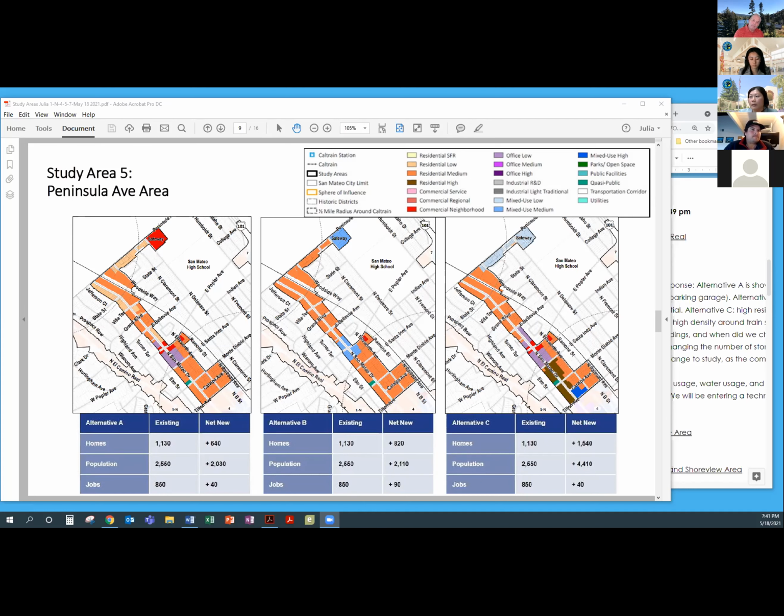What we're looking at is, eventually, maybe there is an opportunity to change along Peninsula. In alternative A, that area may change to residential low. Alternative B is residential medium. And then in alternative C, there's the idea of proposing mixed use low. Any questions, comments, any areas you would like me to zoom in on?